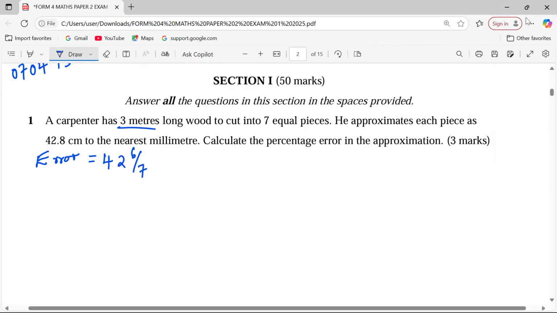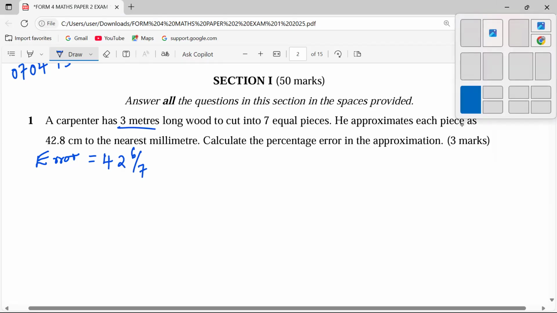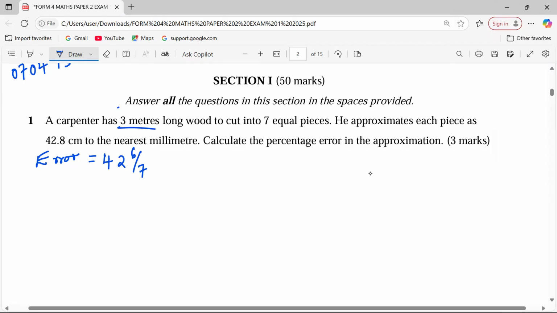This is the actual after dividing 300 centimeters. Remember, 3 meters equals 300 centimeters. That is the interpretation I want you to have as we start. Then now this length is going to be divided into 7 equal pieces. After dividing by 7, I'm getting each piece shall exactly be